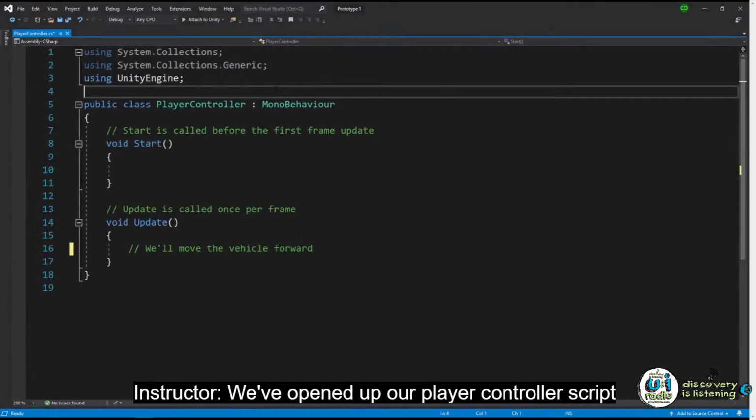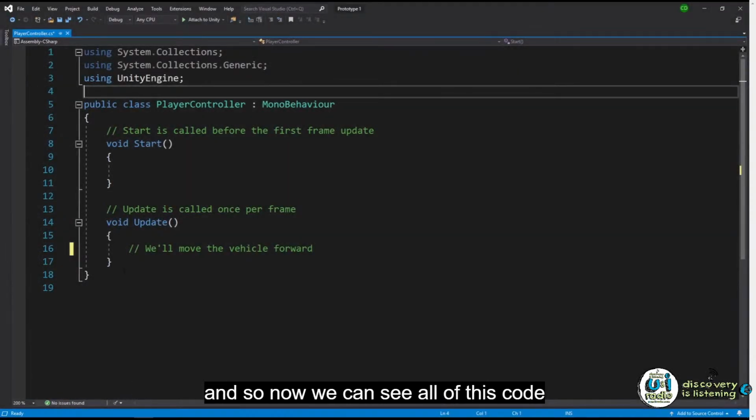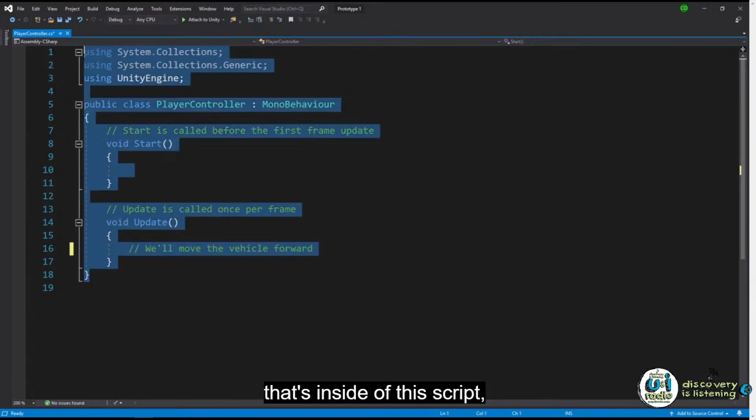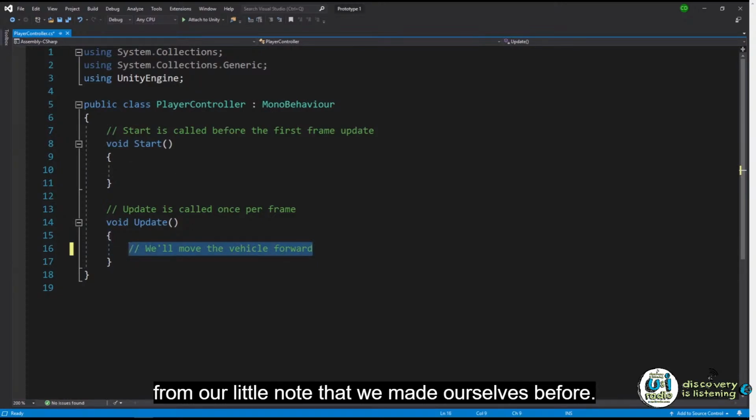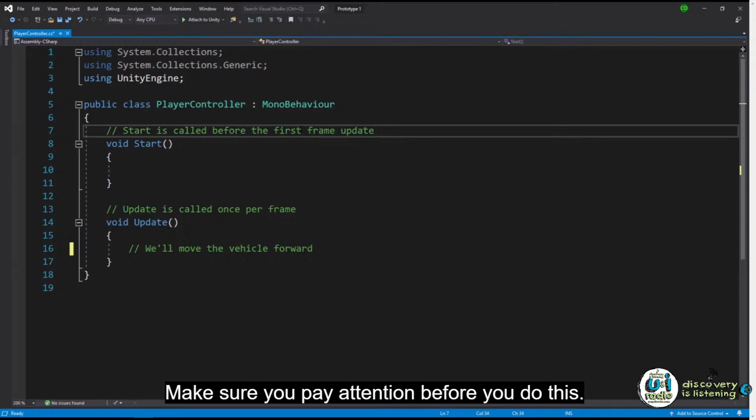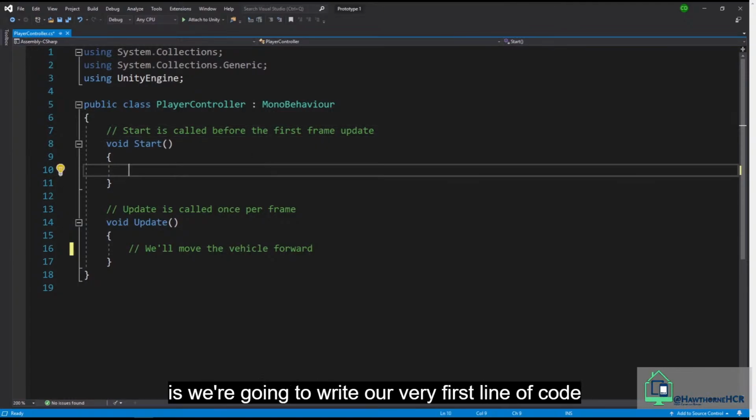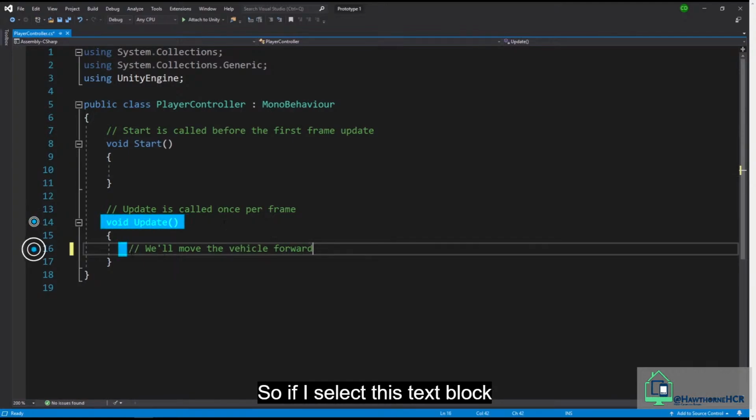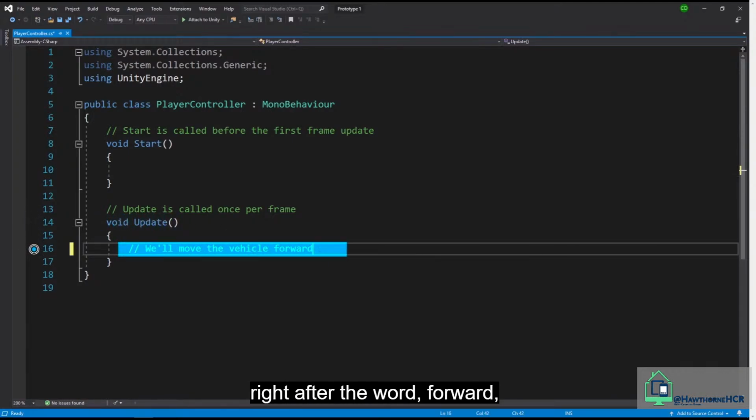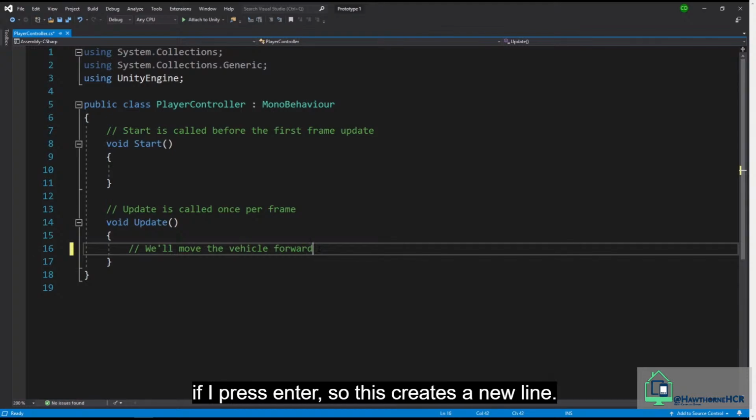We've opened up our player controller script, and so now we can see all of this code that's inside of this script. And so we'll actually write our own line of code so that we can make the vehicle move forward from our little note we made for ourselves before. Make sure you pay attention before you do this. So what we're going to do is we're going to write our very first line of code here in our update method. So if I select this text block right after the word forward, if I press enter,